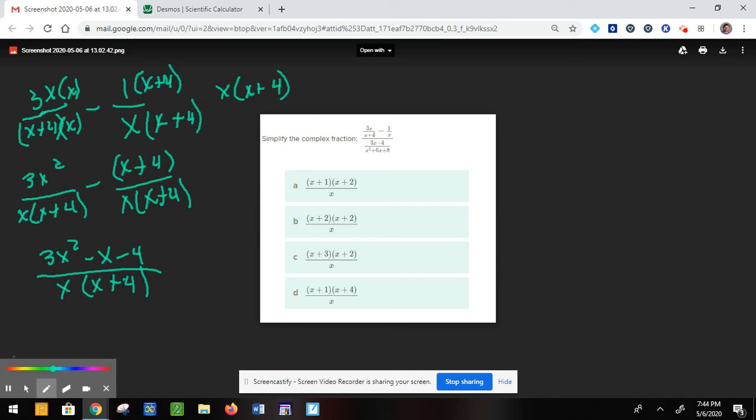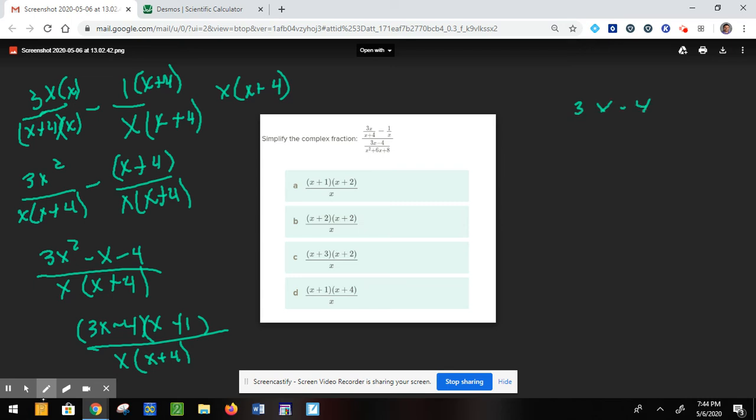Let's go ahead and factor the numerator of that as well. You're going to get 3x. Again, you can do MUDS with this, but I'm going to do guess and check. It's going to be 3x minus 4 times x plus 1. You FOIL that back together, you are going to get the numerator. Again, all of that over x times x plus 4. All right, so that's the numerator simplified. Now let's deal with the denominator. Got 3x minus 4, all of that over